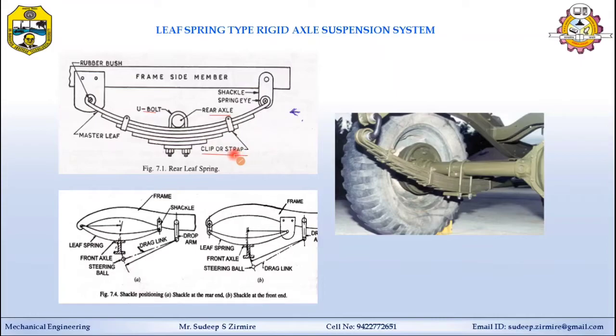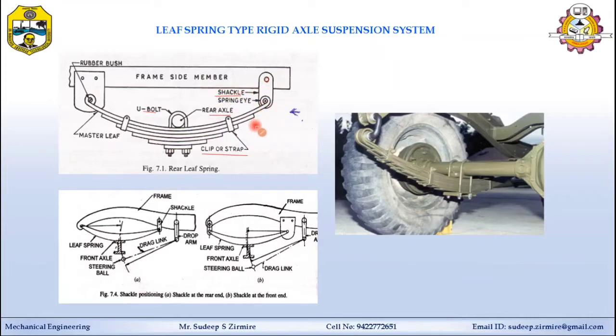Then one end of the spring is mounted on a simple pin attached to the bracket. Here it is fixed and attached to the bracket. This bracket is the rigid component, but the other end is connected to the shackle, and it is pivoted to the frame at this point. So one is the rigid joint and the other is the movable joint. The movable side is called the shackle side of the spring. One eye is connected to this.